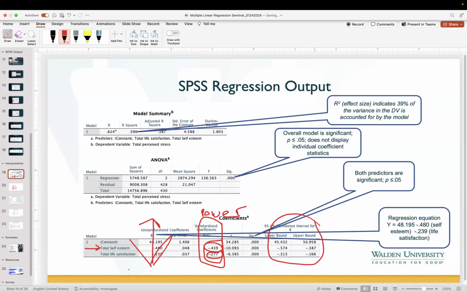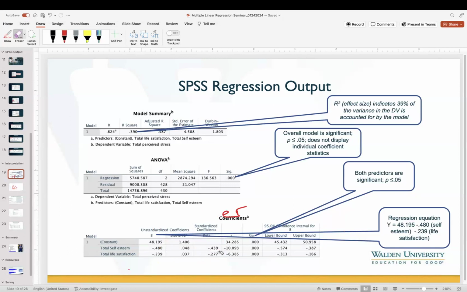Now, all we have here are the 95% confidence intervals. Remember when we selected that? Let's look at that to make sure we understand what we're looking at. It says that this is the 95% confidence interval for B, which is the unstandardized coefficient. All it's saying is that we're never 100% sure in data analysis. But if you were to sample over and over again from the same data set and conduct this regression test 100 times, we are 95% sure, in other words, 95 out of 100 times, the true slope